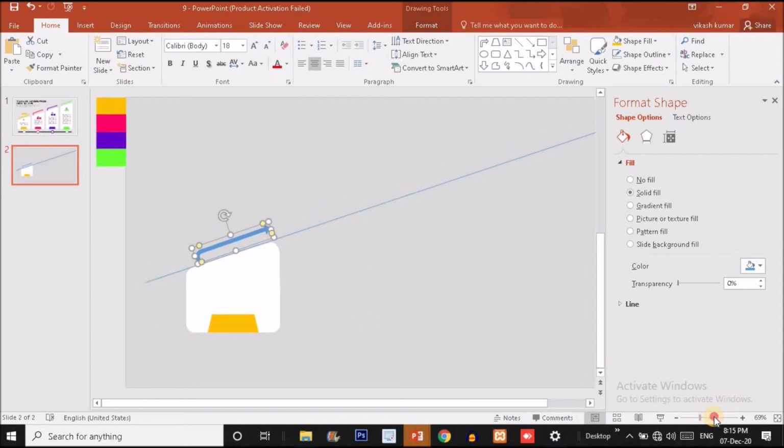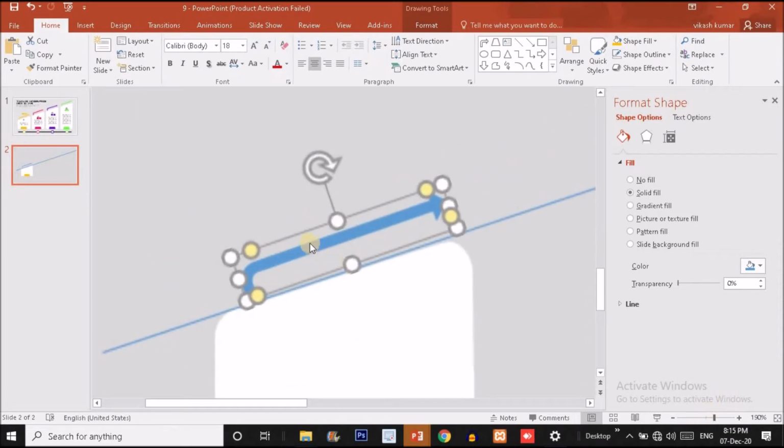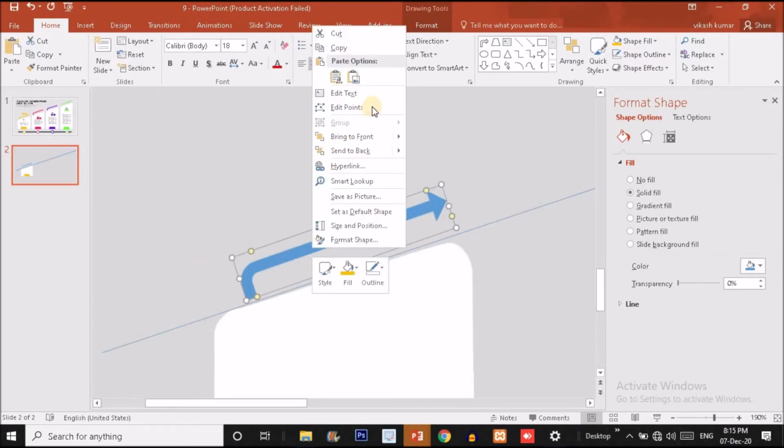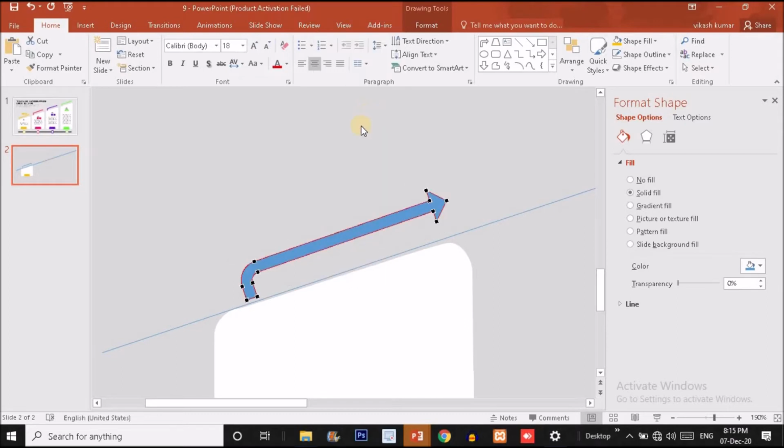Now let me zoom in so that we can see the shape clearly, and right click on the arrow and choose the Edit Points option. You just have to put this point over here, this point over here, and you have to adjust the point like this.